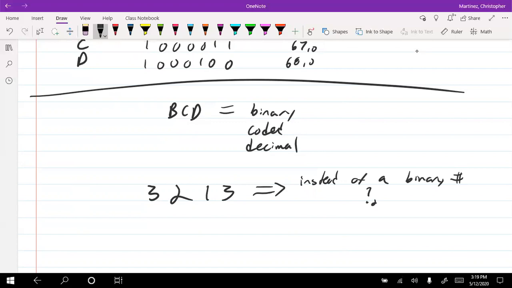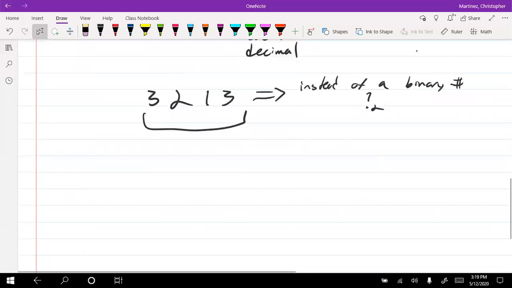What is that number in base 2? I want to take this and I want to code each digit. We want to code each decimal digit